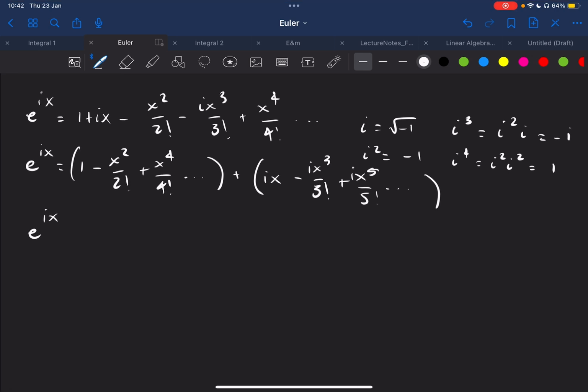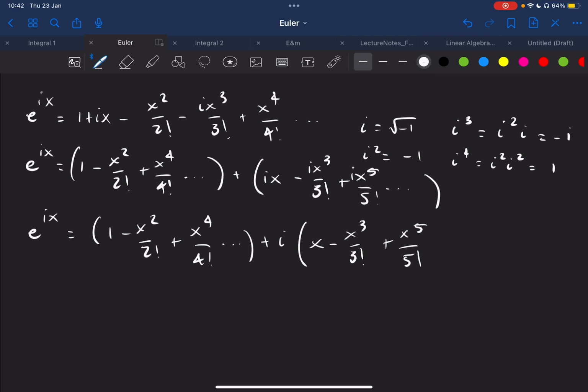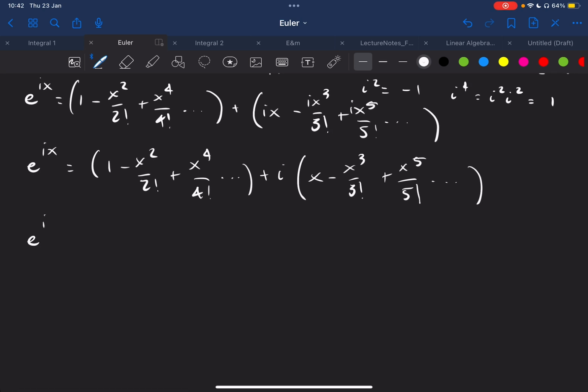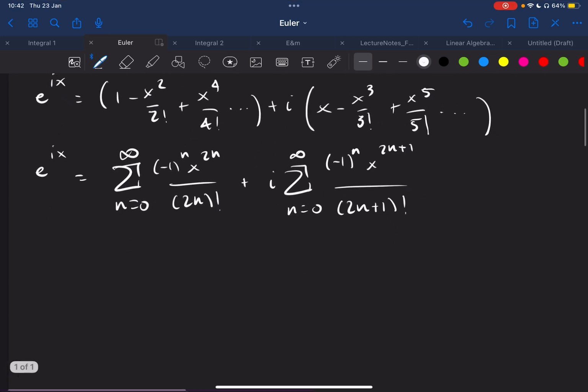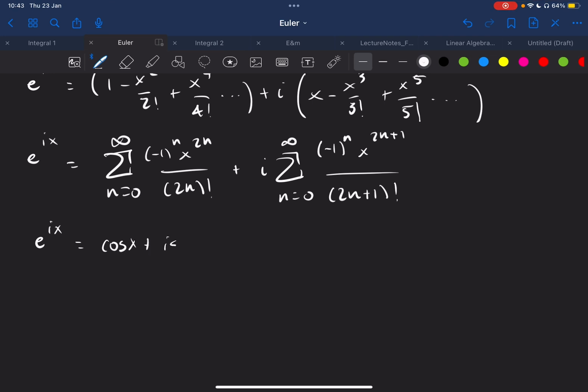And we can bring that i out, so we've got e to the ix equals 1 minus x squared by 2 factorial plus x to the 4 by 4 factorial, plus i times x minus x cubed by 3 factorial plus x to the 5 by 5 factorial. And these are just the series expansions for cosine and sine. So that's obviously going to be e to the ix equals the sum from n equals 0 of minus 1 to the n, as it obviously alternates, and n equals 0 is going to be 1, then minus 1, and so on. So we're going to have x to the 2n by 2n factorial, which is cosine, plus i times the infinite sum of minus 1 to the n, x to the 2n plus 1 by 2n plus 1 factorial. And that is just the same as cosine x plus i sine x,